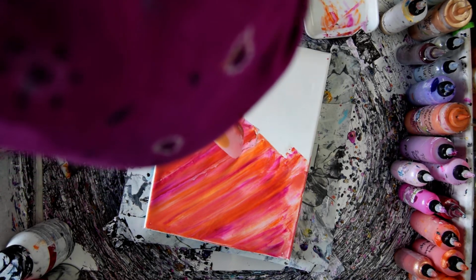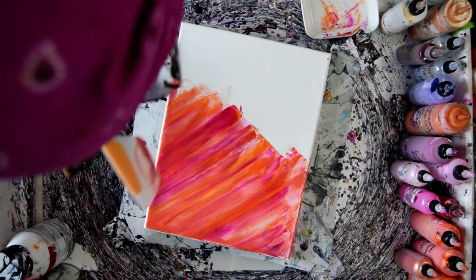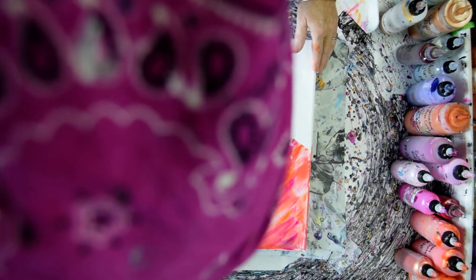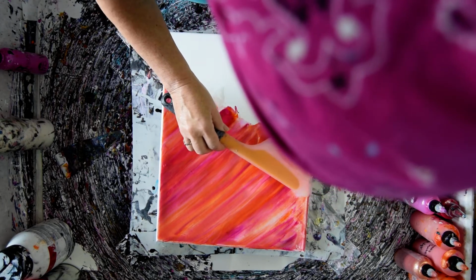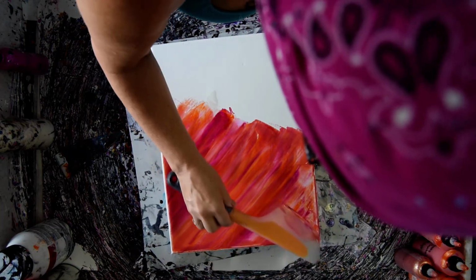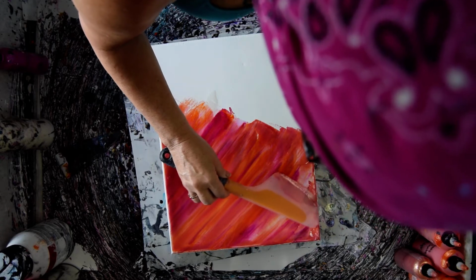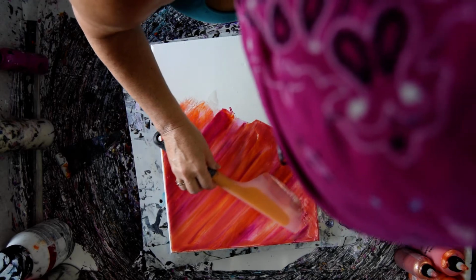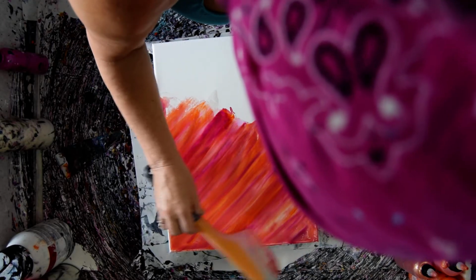Now I utilized the diagonal that I wanted to use for my land portion in my sky, so I'm going to have to go in the opposite direction if I want to make contrast happen. The fewer times you go over this, the less muddy, the less mixed your colors will be. So if I get them into position and then pull them lightly,